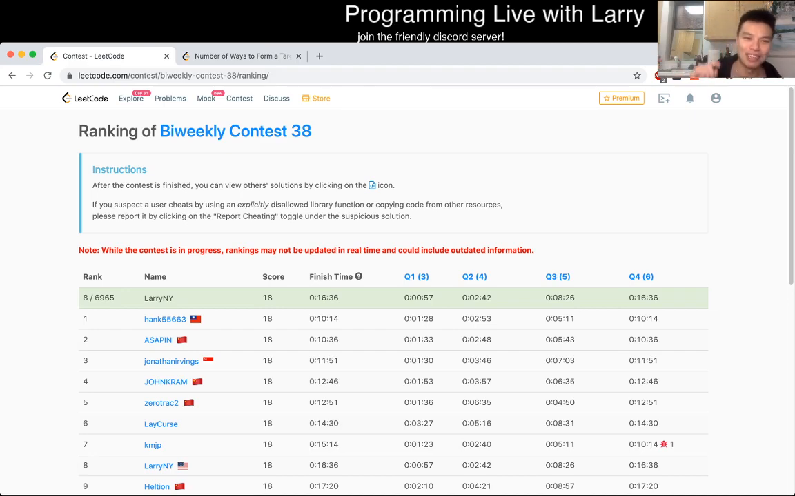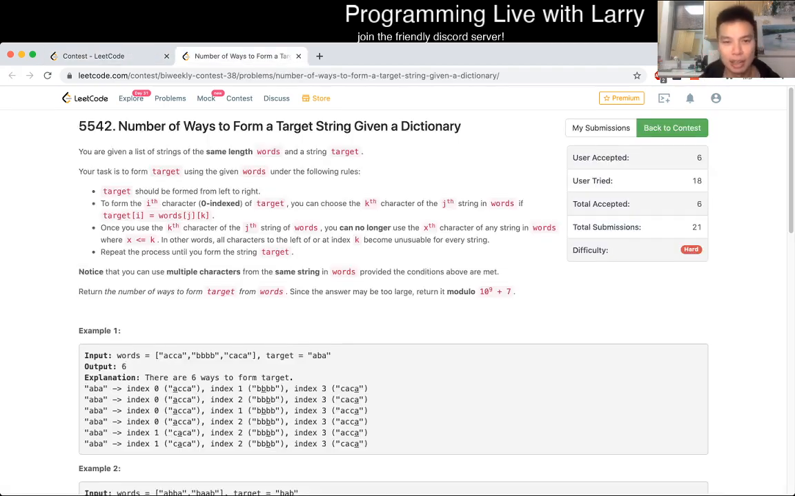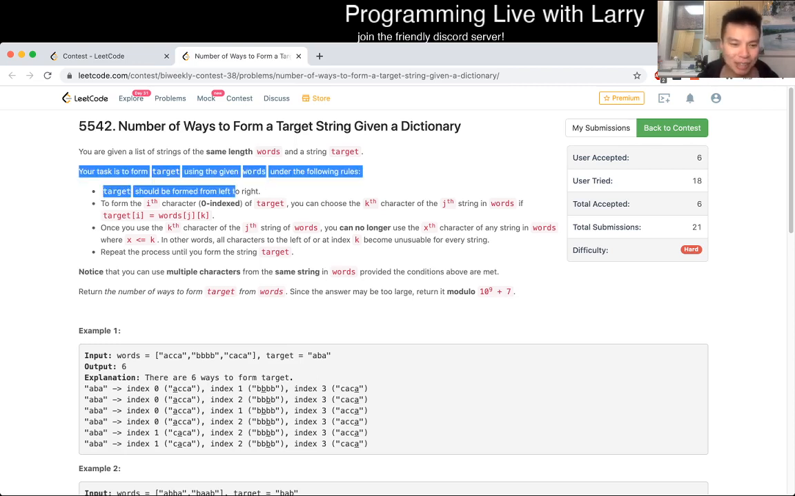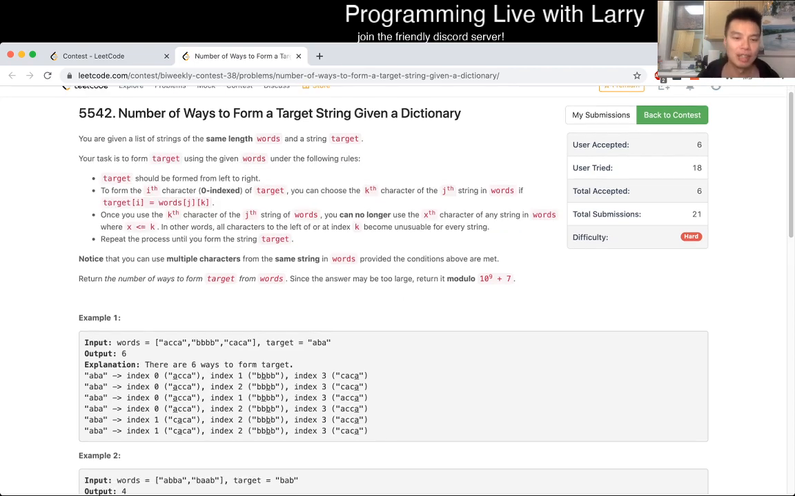And the problem was number of ways to form a target string given a dictionary. So this one was a little bit tricky to read. I think there's a lot of reading definitions here, and I got a little confused reading this. But basically,